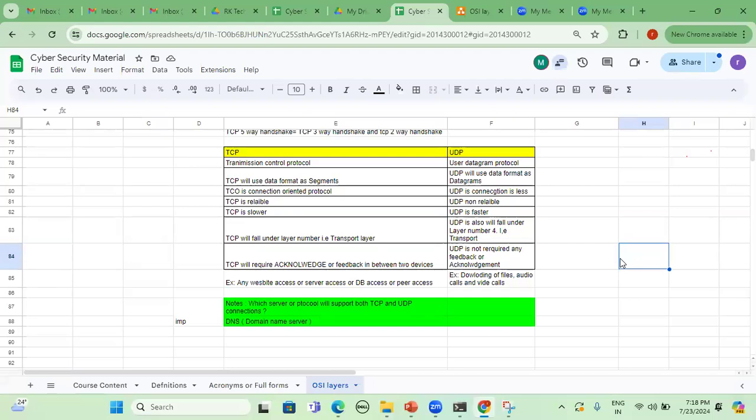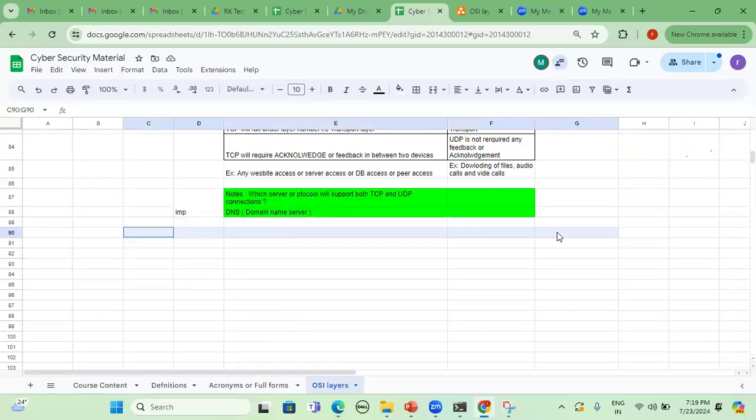Okay. So that is about the transport layer overall. Only one topic is pending here. That is nothing but TCP flags. That one I will discuss in tomorrow's class. There are 6 flags and there are 3 reserved flags. Along with that, we have to discuss a couple of other definitions as well, part of the TCP/IP layer, and also examples with respect to each and every layer's devices. So that we can see tomorrow.